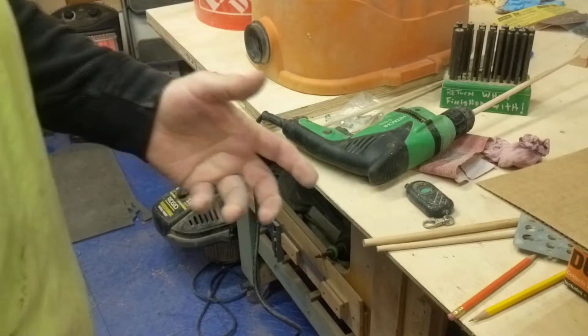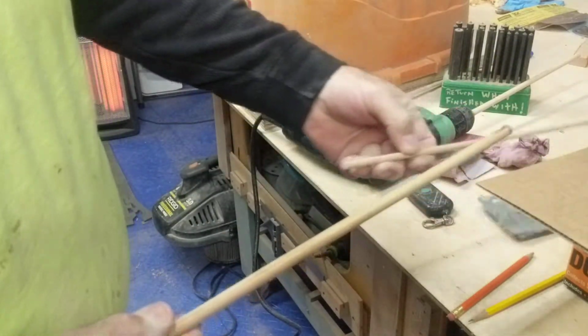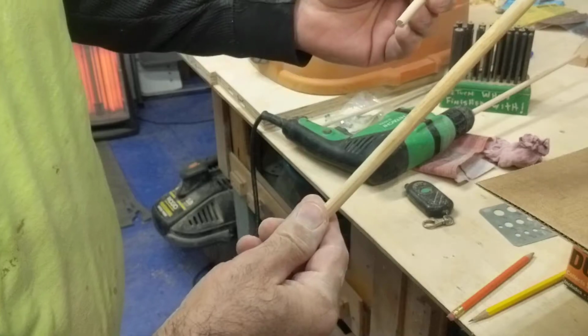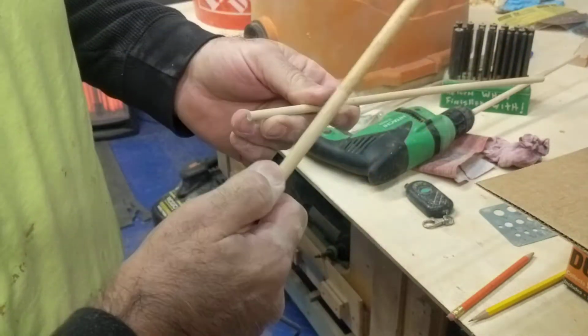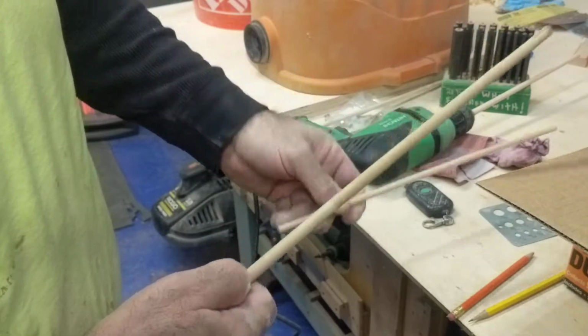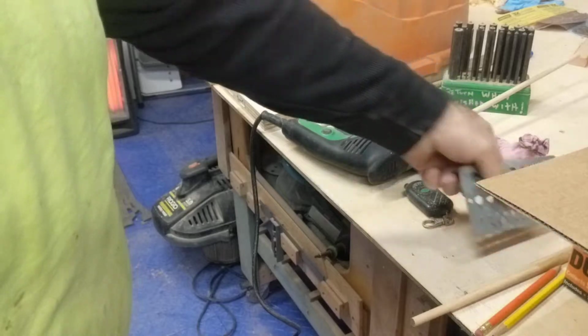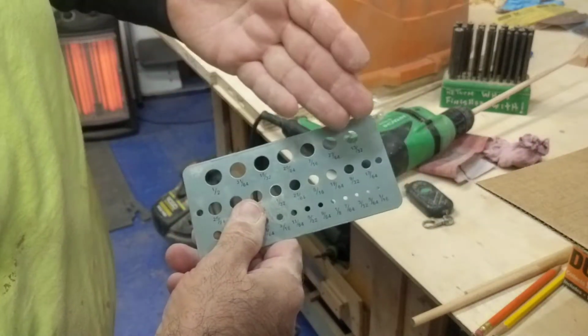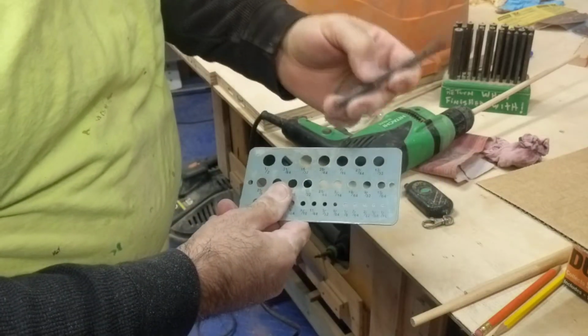So hey, you got this. You got a dowel, right? It's in between. This is too small. This is too big. What do you do when you really need a dowel? Well, what helps is having something that's a gauge to tell you what you need to be,